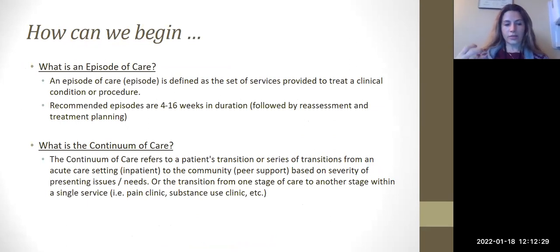So that means that we have to have this mindset of organizing the treatment that we're providing in a couple different chunks. The first is thinking about episodes of care. An episode of care is defined as the set of services provided to treat a particular clinical condition over a period of time. Most recommended episodes are somewhere between 4 to 6 weeks, sometimes 24 weeks for chronic conditions,